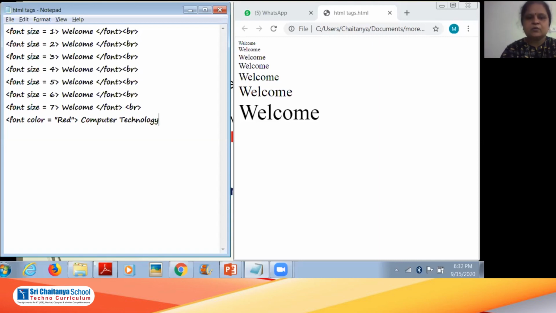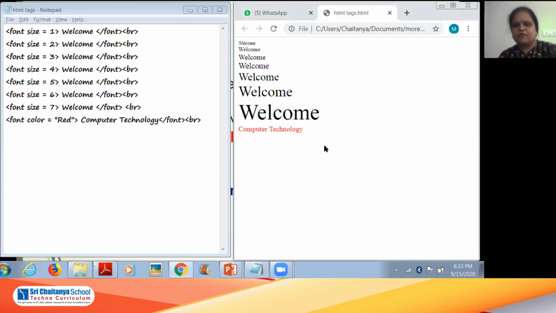Now I will close it with /font, and add BR for the next content. I will save it by pressing Ctrl S and then go to the web browser. Just press F5. You can see computer technology is printed in red color.